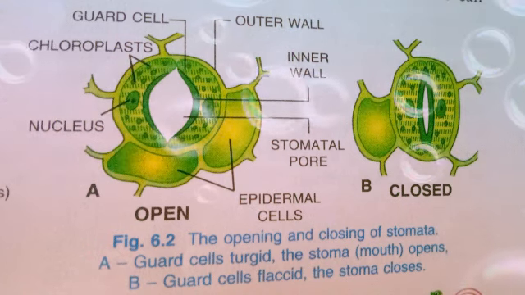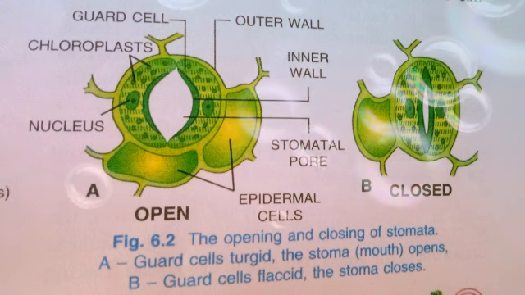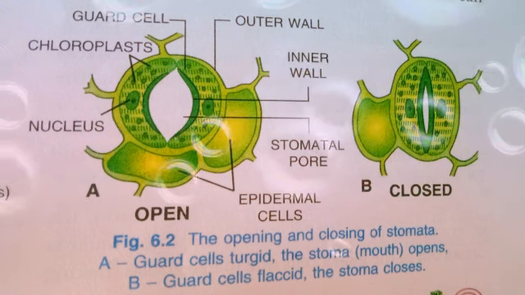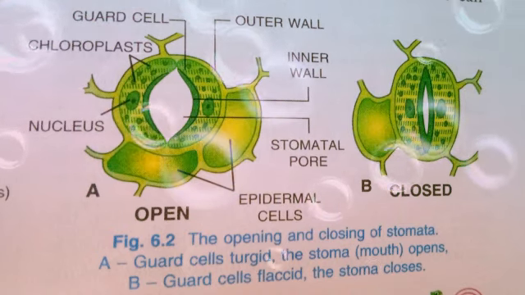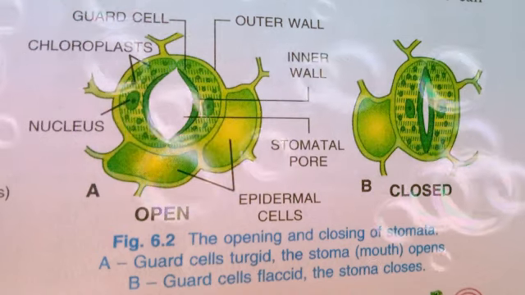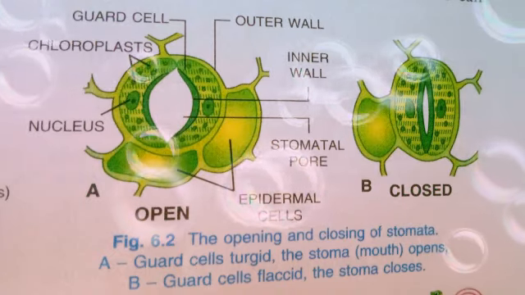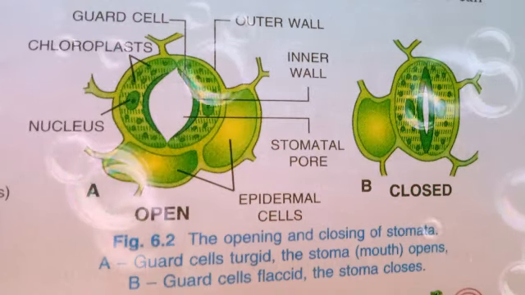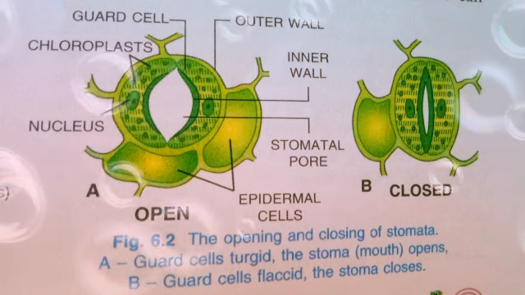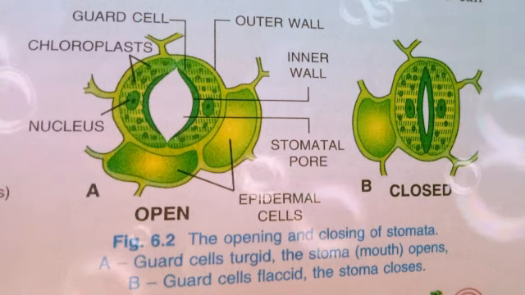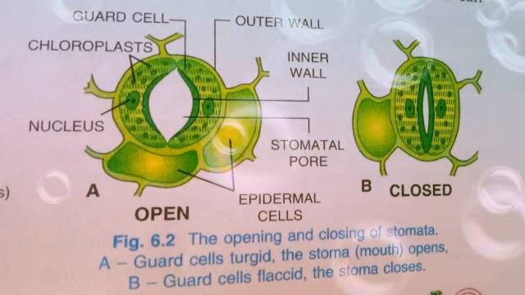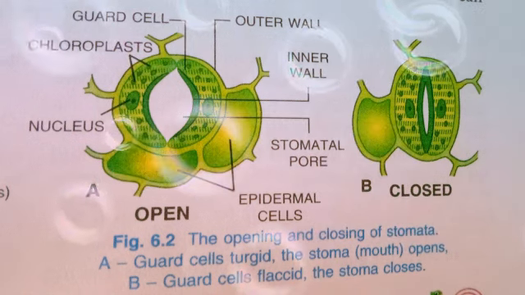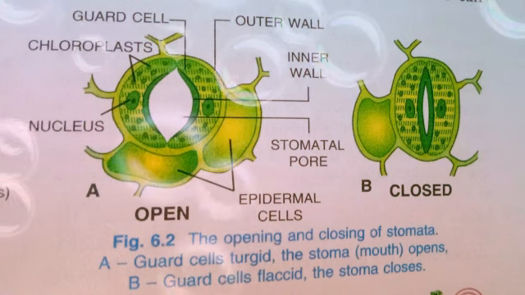This chloroplast is absorbing the light energy. As we know, the stomata are present on the lower surface of the leaves so that they can take in and give out oxygen from the lower surface of the leaf, and they can give out the water vapor in the process of transpiration. Now the CO2 is taken inside during the daytime for the process of photosynthesis.